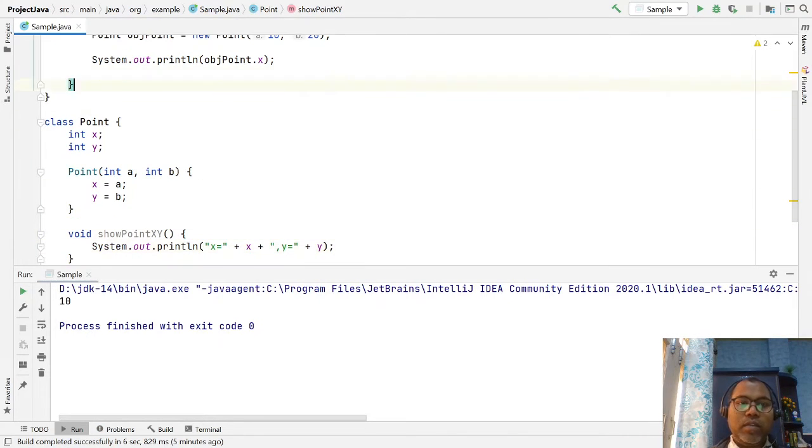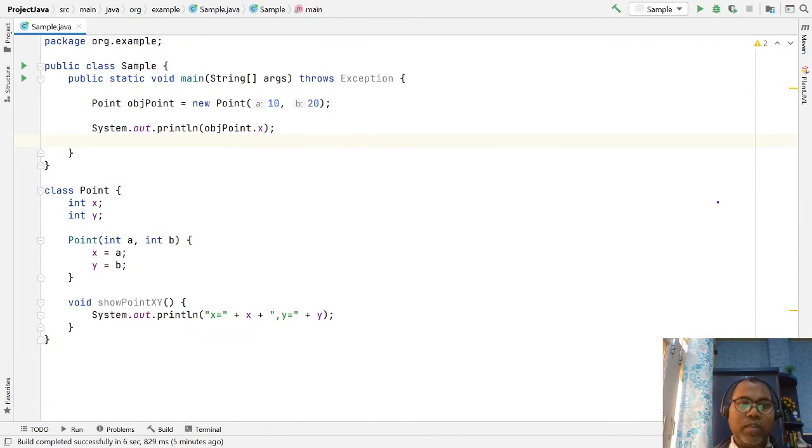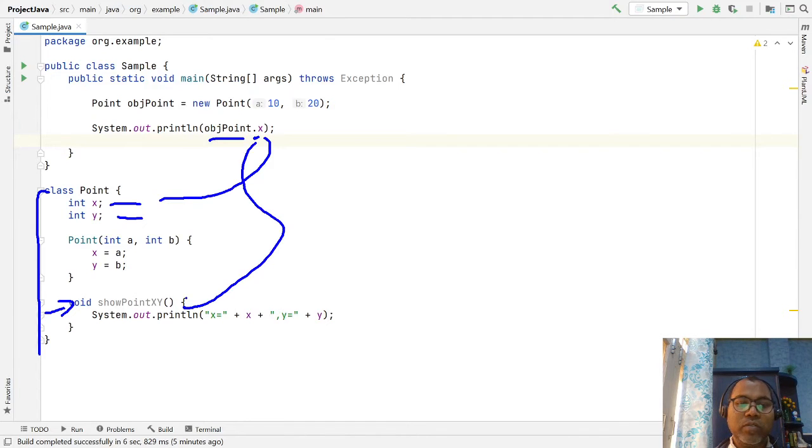So this class has two fields and one method. A field we can access by dot and the field name, and you can use the same dot operator to access your method.